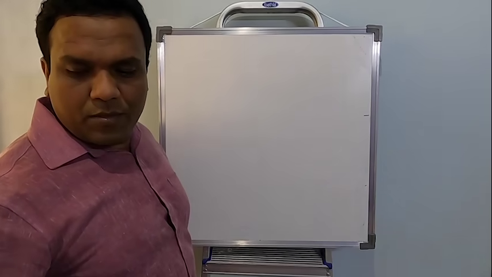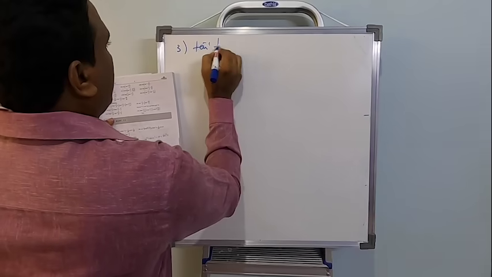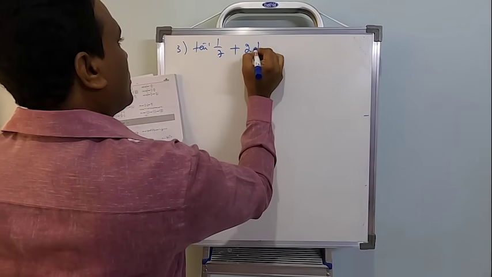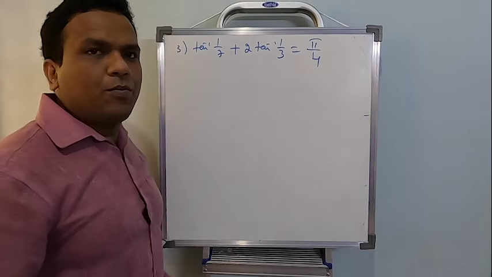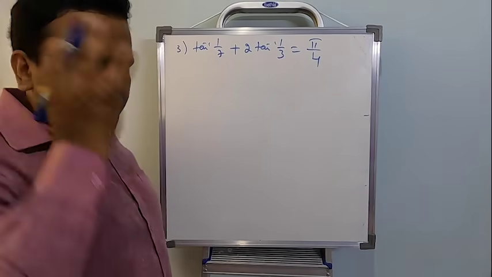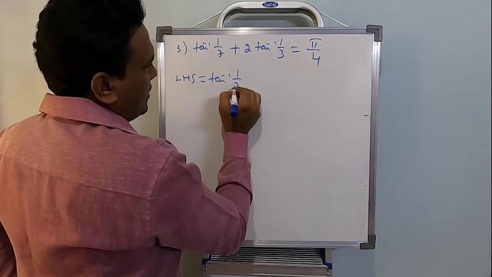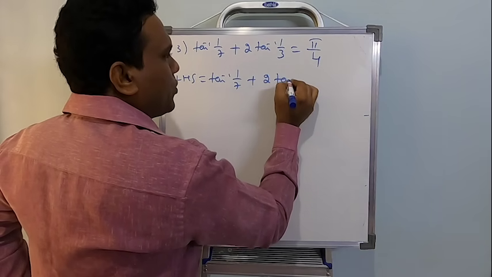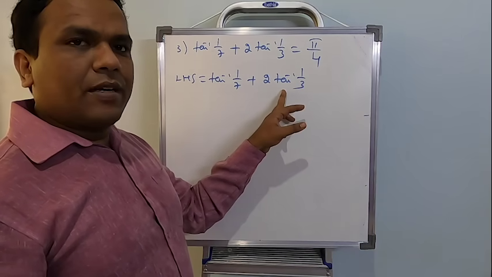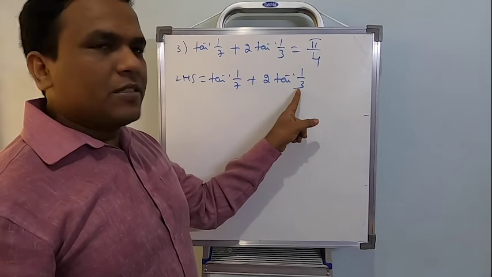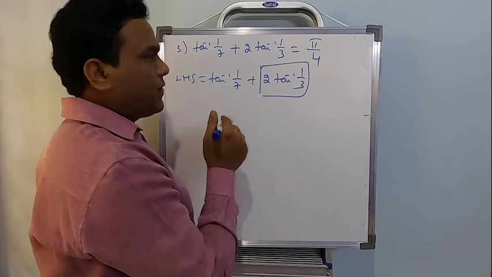Let's move to the next, problem number 3. Under this, problem number 3 is tan inverse 1 by 7 plus 2 tan inverse 1 by 3, where I need to prove the value is equal to pi by 4. Now LHS, I'm going to start directly with the LHS. First term tan inverse 1 by 7, second term 2 tan inverse 1 by 3. See, you cannot apply tan inverse x plus tan inverse y directly, because we have 2 tan inverse something. So first thing, you apply a formula for this. Apply 2 tan inverse in terms of tan inverse.